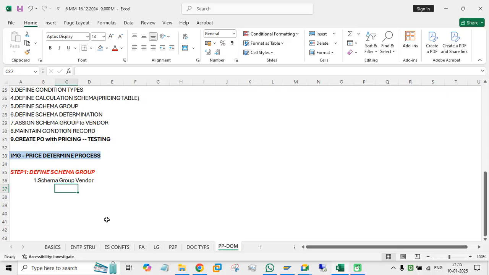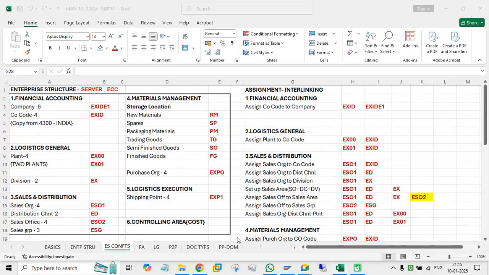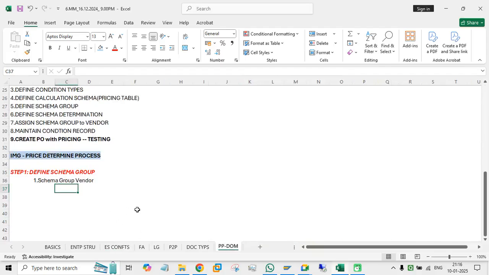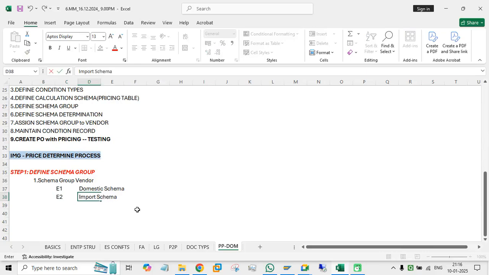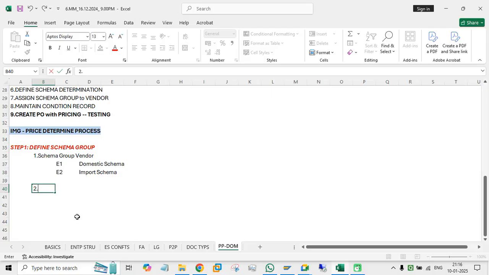So here I will take 2 vendor groups. So my company code is EX. So I will take E1, this is for domestic schema, and E2 is for import schema. 2 things, because in pricing procedure we have to do domestic pricing procedure and import pricing procedure. So that's why again step number 2, in that only step number 2, you have to create schema group purchase